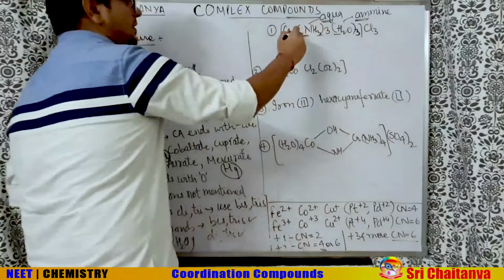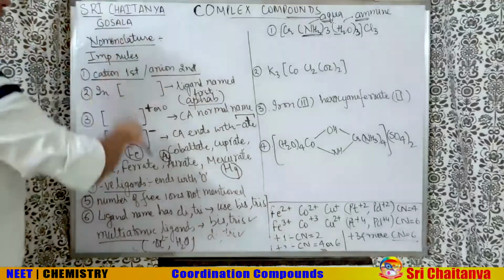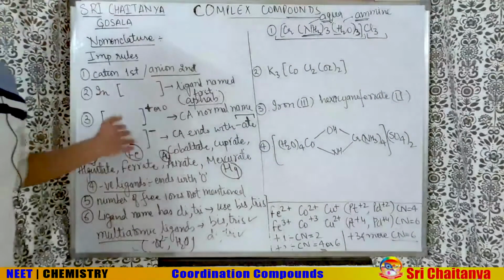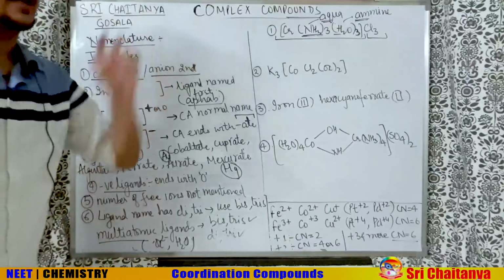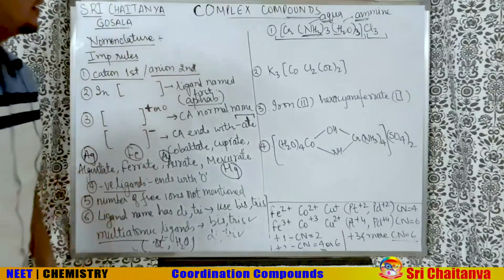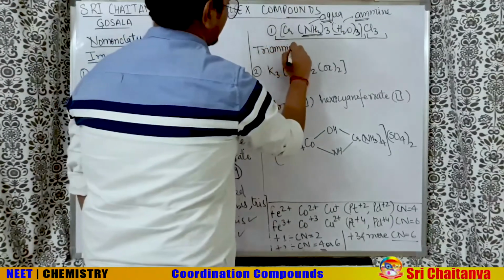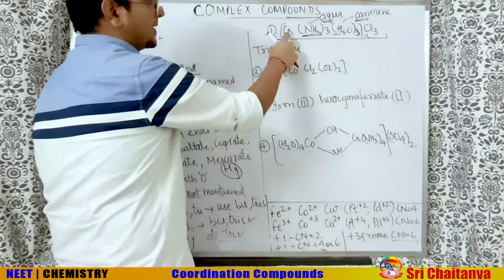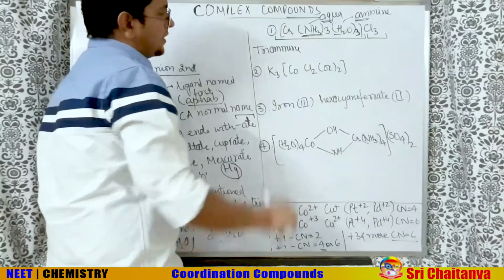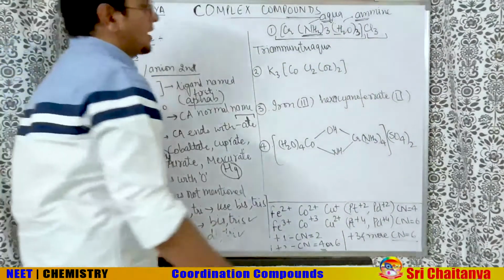So if I start naming NH3 first, what will happen? Firstly, cation first, anion later. So this box is the cation, Cl minus is the anion. So Cl minus will be named later at the last. Firstly, let us name this cation. The cation is a complex. And when you are naming the box, in the box the ligand will be named first. So who is the ligand here? We have triamine. We are ignoring the central atom. We will name the central atom at the last. When we are naming the box, we always name the ligand first. So triamine, triaqua. We can also write trisaqua. Both are okay.